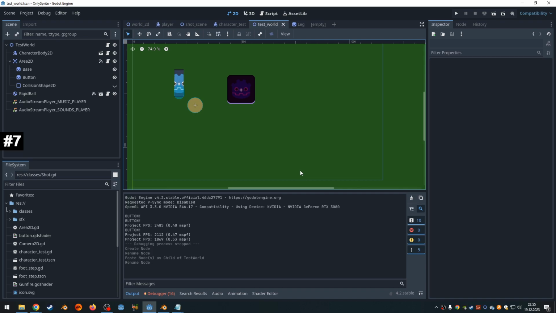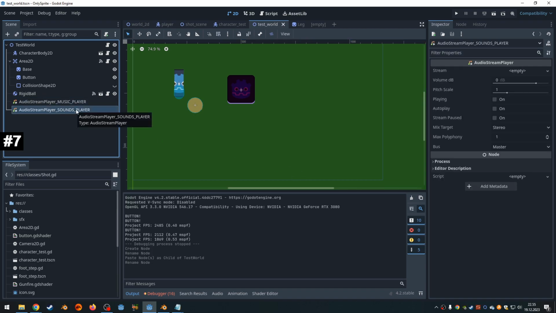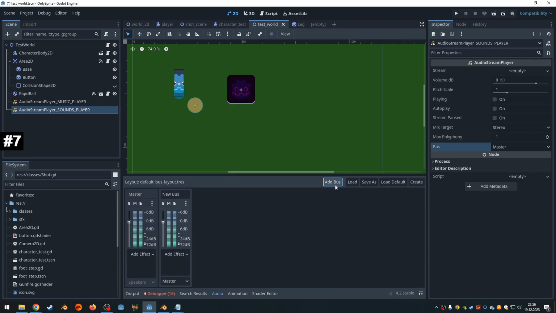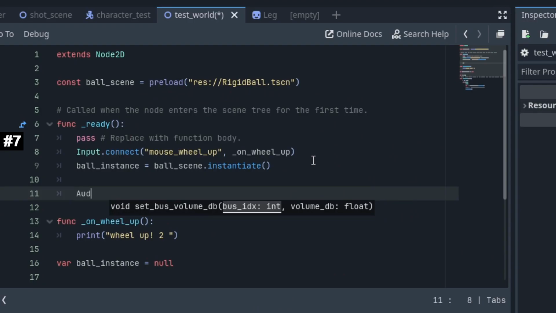Eventually, in any game project, at some point you will want to control your audio levels for music and sounds separately. And for that, there's an audio tab down here where you can find the existing master bus, but you can also add your own buses here. We will add SFX and music, and you can control these from the code by typing